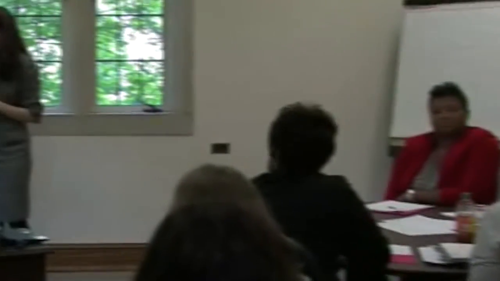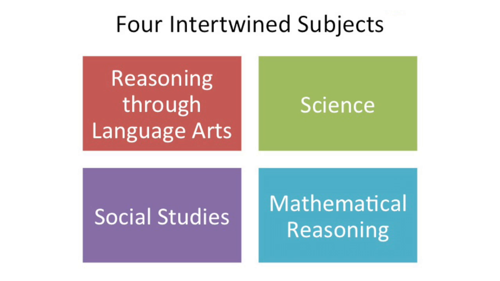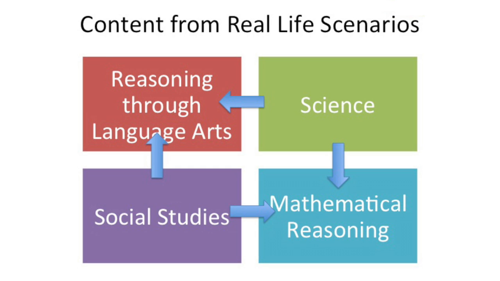One of the other big changes is the four intertwined subjects. Right now a lot of folks are organizing, as well they should, five classes for five different subjects, or maybe they combine science and social studies. Reading and writing have been combined into reasoning through language arts, science, social studies, and you'll notice they added this word reasoning. They did that on purpose, because what they really want to emphasize, and what the Common Core state standards really emphasize, is you take real world problems,